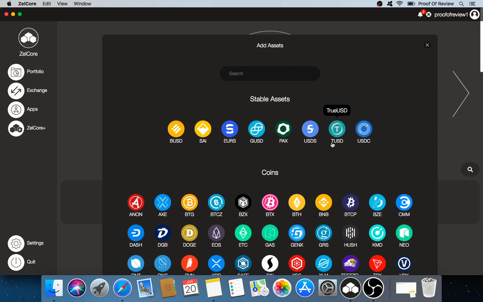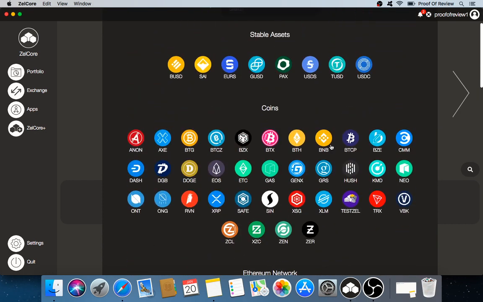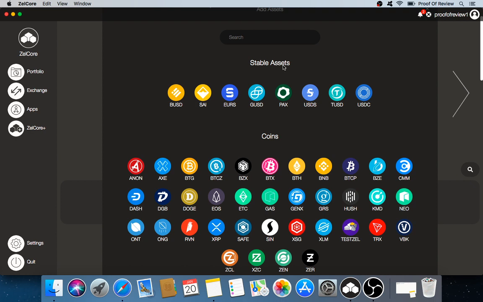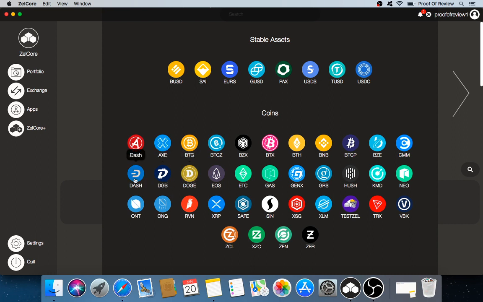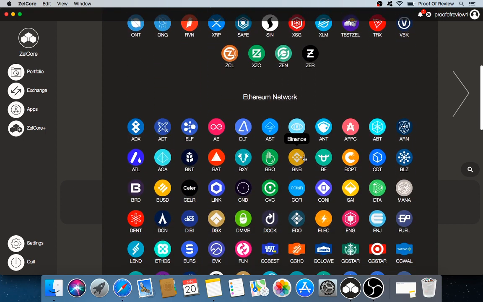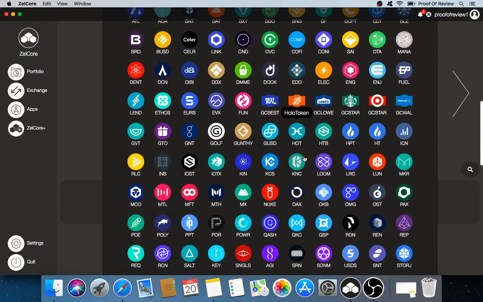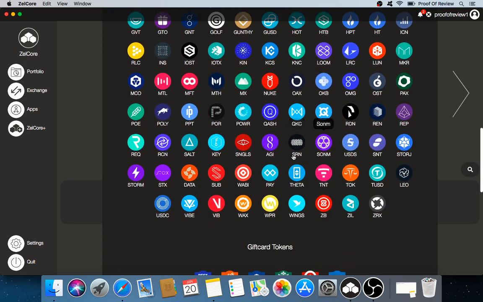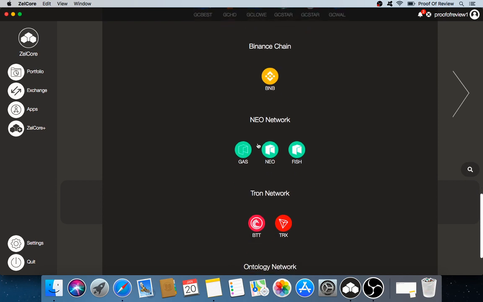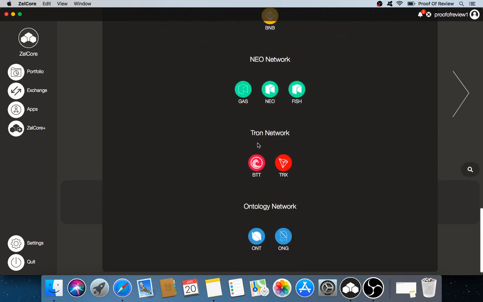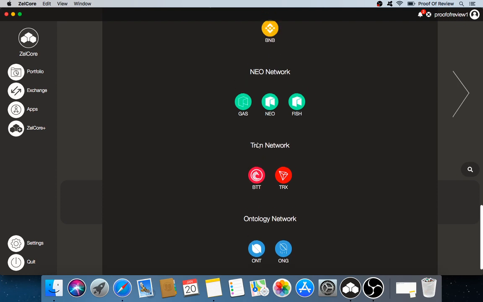So you've got the option of storing a host of stable coins on here, a whole host of coins that people may recognize, such as Dogecoin, Dash, some other big coins like Ripple, and also some smaller coins. Also a huge range of Ethereum tokens, so pretty much people recognize most of these on the list, either by name or by symbol. Also got the option of storing gift card tokens on here. And the cool thing that they've updated since they first launched maybe a year or so ago is starting to add tokens of other blockchain networks as well. As you can see, there are a few tokens of the Ontology network, Tron, Neo,